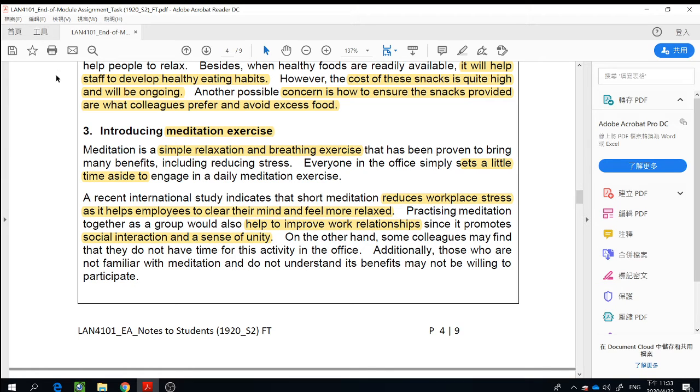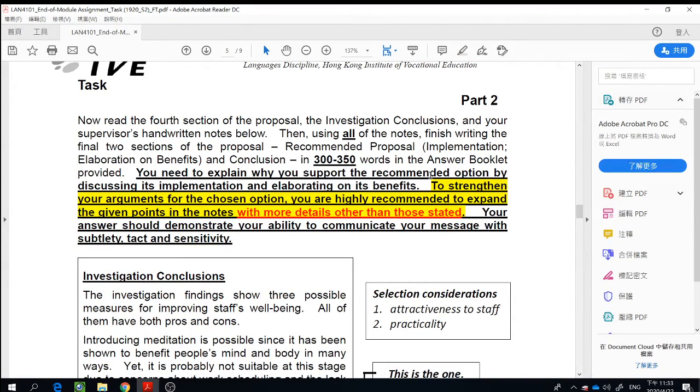Excuse me. Staff may find that they do not have time for this activity. This could be the problem. And then they are not familiar with it. They do not understand the benefits. They may not be willing to participate. All right, let's talk about their willingness. So don't forget that